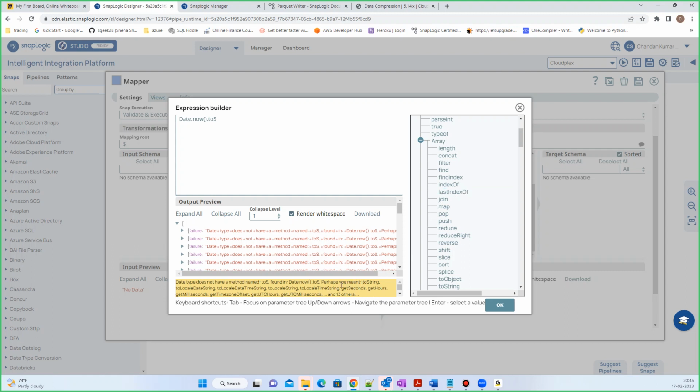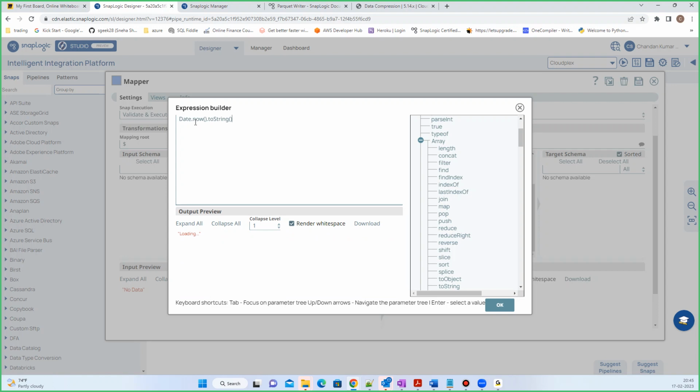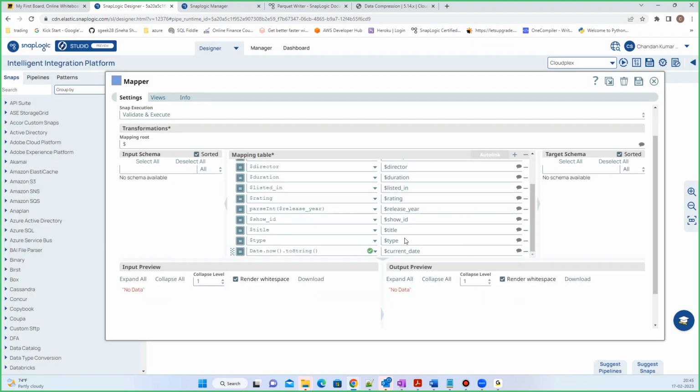Perhaps you mean, if you see here, it is giving a 2s I have written, and it's trying to tell you that it is a toString you are trying to write. So it is here only. It is an array actually, a toString conversion. So this function is already there. We will have to use this. Okay, so this date will get converted into a string format. So let's save it, and